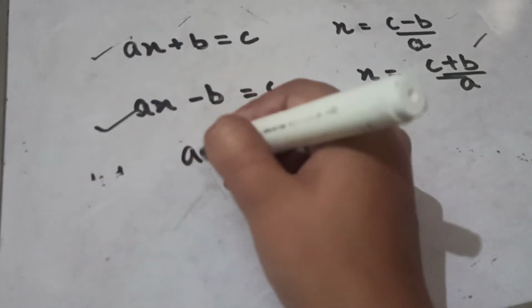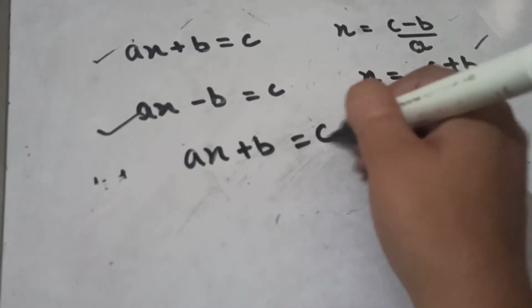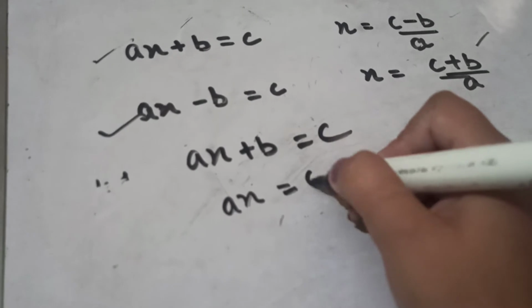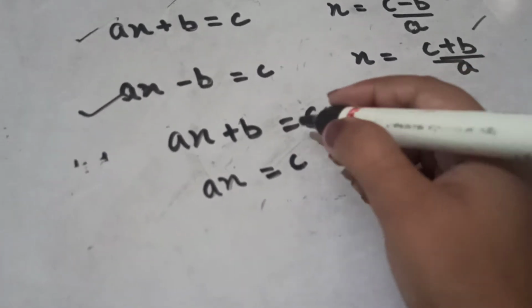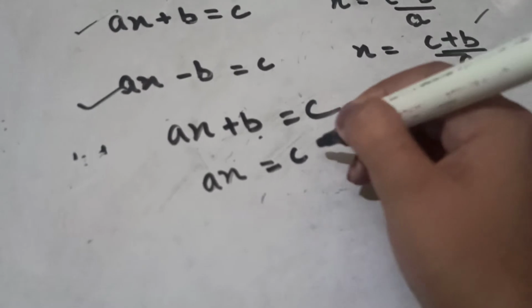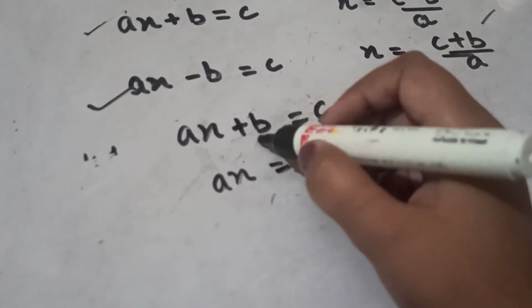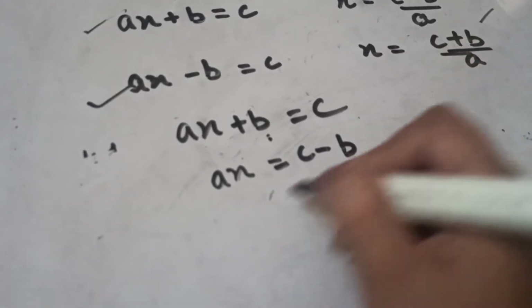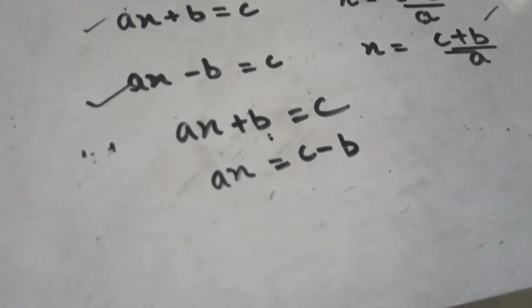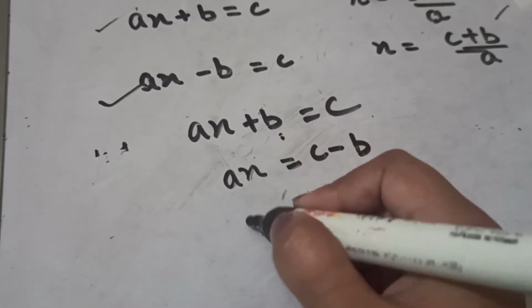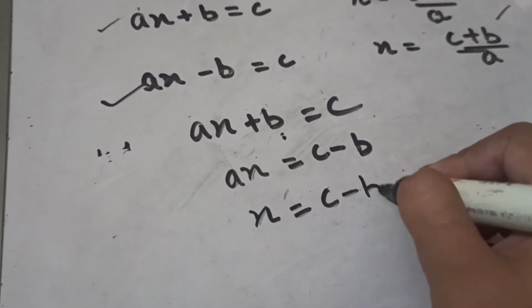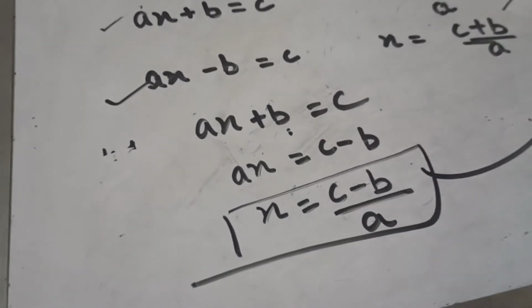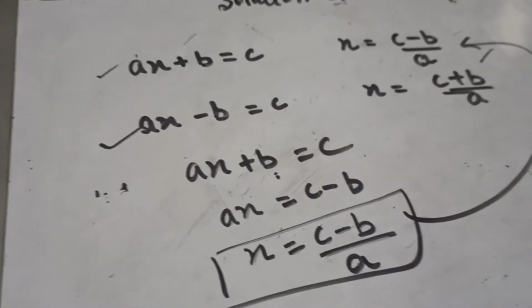As ax plus b equals c is given, keep this ax here. This b will go, or you can say transposition, transposing b from left hand side to right hand side, and here this b is with plus, change the sign and write c minus b. Again here the a is in the numerator, it will change and go to the denominator, right? This is how it is derived, and you can derive this formula yourself.